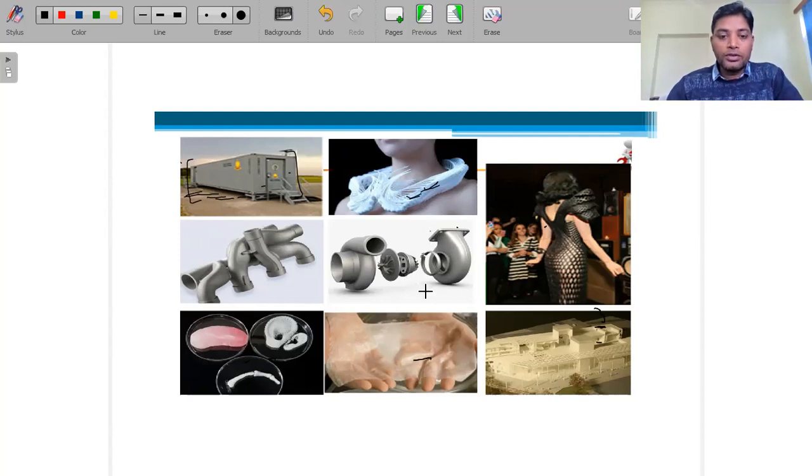We are using these technologies. These are hydraulic turbine shafts, propellers or casings, and these can be manufactured. This is an assembly of pipes. Wherever we have to provide complex shapes or complex passages for water flow or fluid flow, and we are unable to manufacture them through conventional machining, then we can use 3D printing.